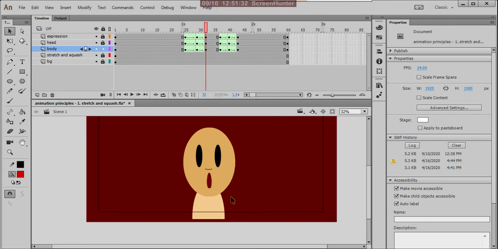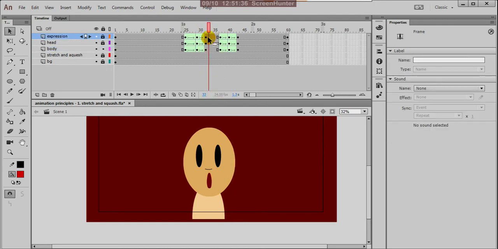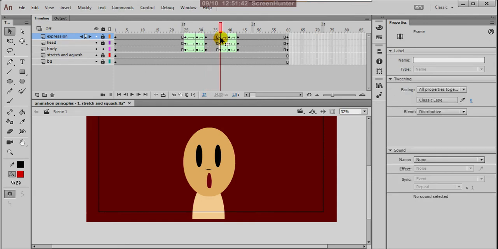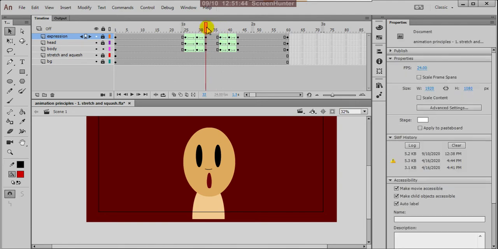Right, so here I'm holding 1, 2, 3, 4, 5 and 6 frames. I'm holding the same frames, I'm maintaining 6 frames the same.